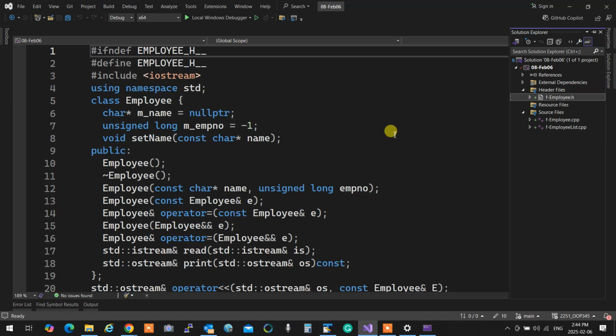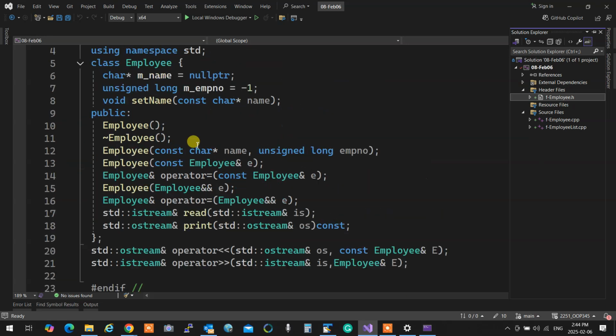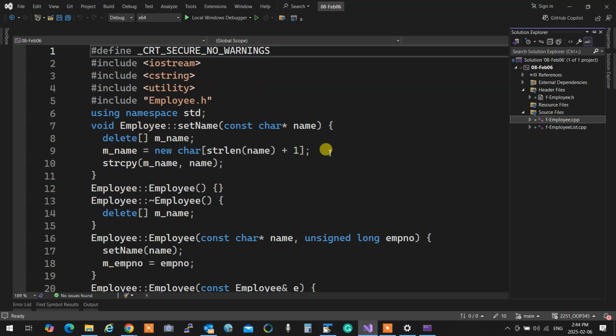So now I have an employee over here with all the good stuff an employee is supposed to have. A class, okay, with all the things, rule of 5 and everything. So that's my employee. Why is it giving me an error? Oh, because it's E employee.